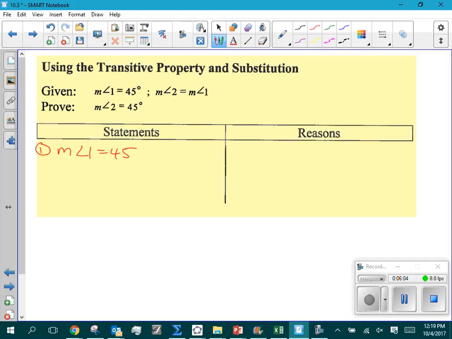Okay, and I like to stack them. I think it makes it a little bit easier for me to visualize what I'm going to try to do in a little bit if I stack these things. Okay. What you're going to see sometimes in